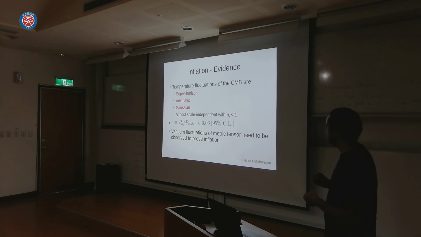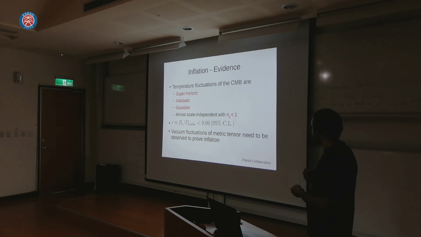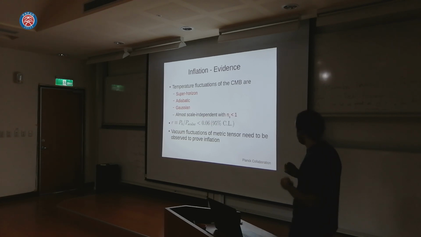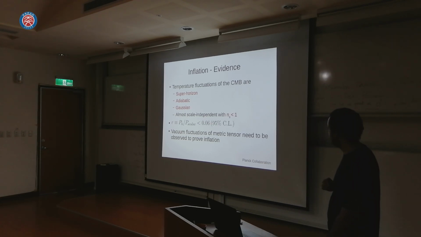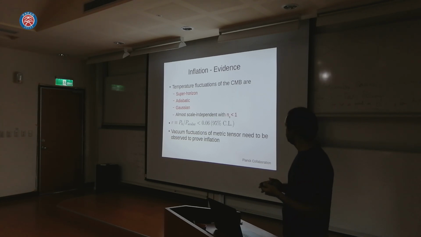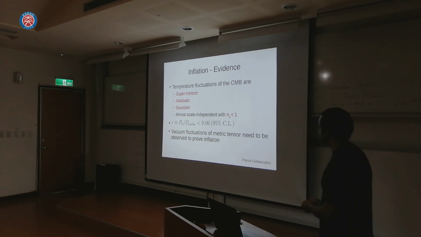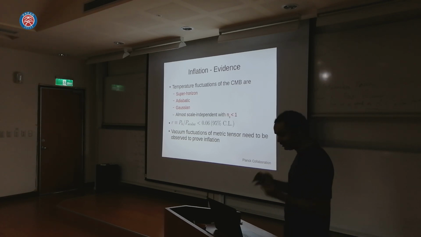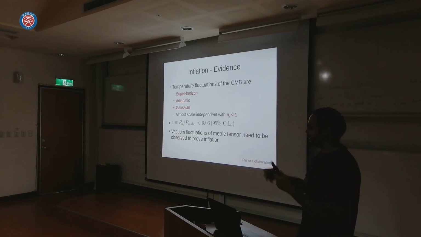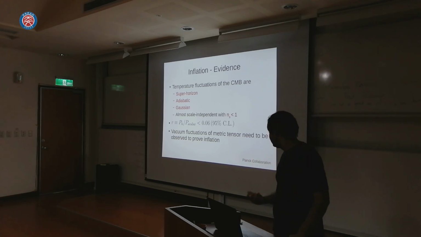What we have, from a non-detection, is only an upper limit to the amplitude of these gravitational waves with respect to the scalar fluctuations, and that is bounded from above by about 6%. So these vacuum fluctuations are a robust prediction that we actually need to see before we can say that all this story of quantum fluctuations getting stretched and then eventually seeding structure is true.